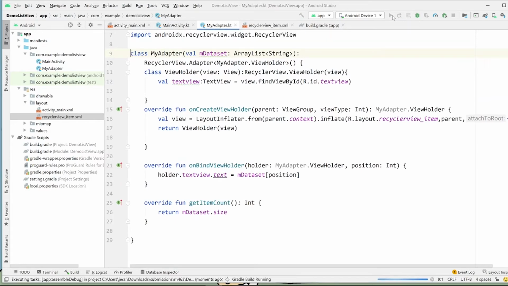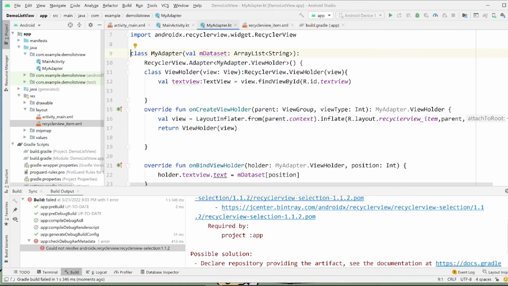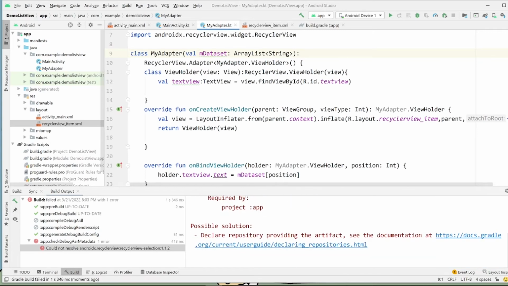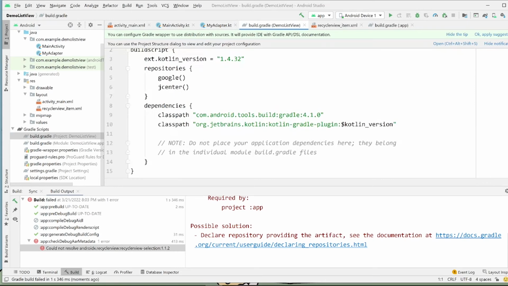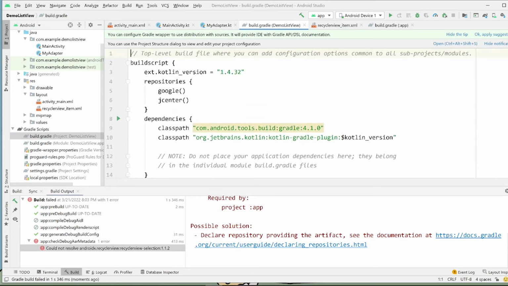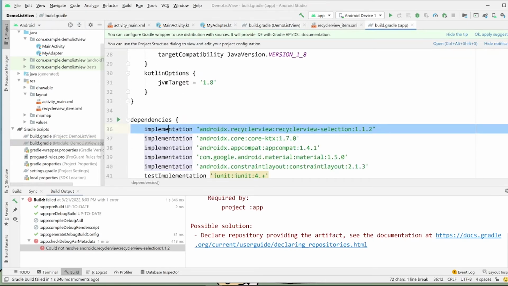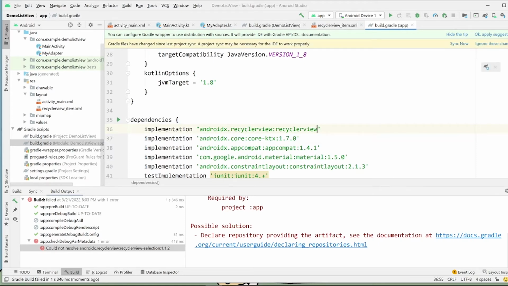I'm going to make sure it works. And wait a second, did I import the wrong version of this? Can you check what the version for this is?